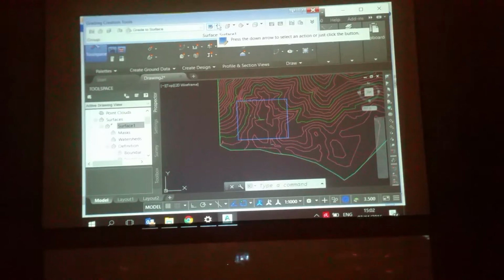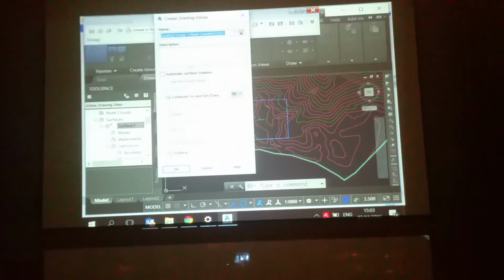So you can see here, under this platform, the fill area, and the other area, the cut area. So this one, grade to surface and creating the grid. Automatic surface creation, yes. Use the group name.